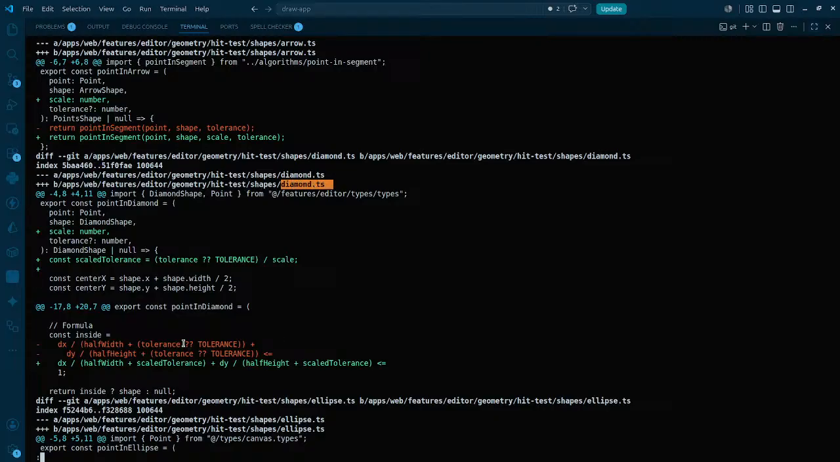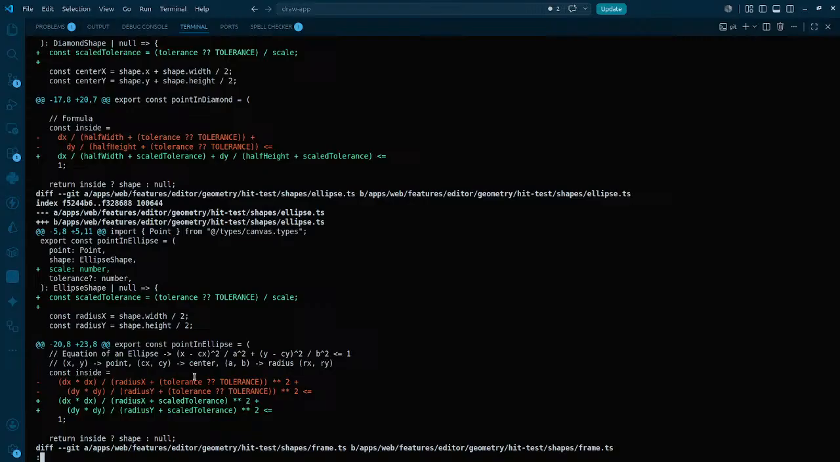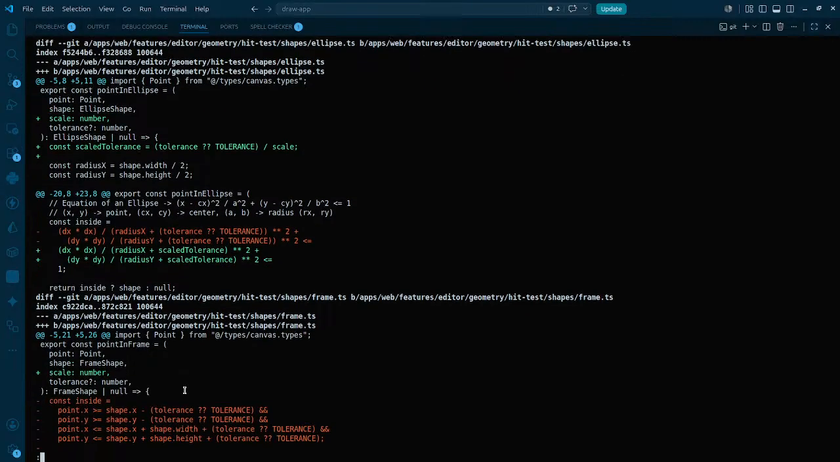diamond.ts, this is the formula to check whether something's inside the diamond or not. So earlier we were using it like this, now we are gonna be using scale tolerance, and this is just for the checking purpose, so doesn't really make any difference, or does it? We'll see. Then similarly over here as well, we started using the scaled tolerance instead of just this, and this is point in ellipse. So whenever we are checking,